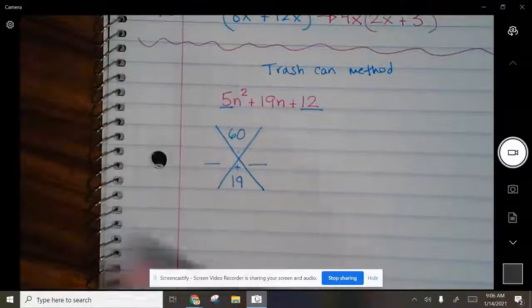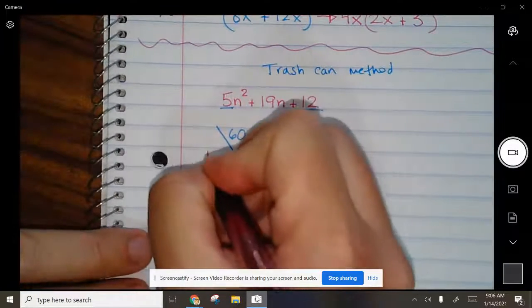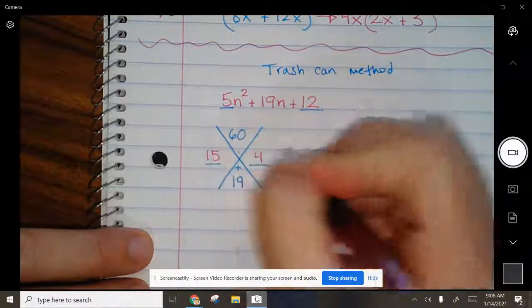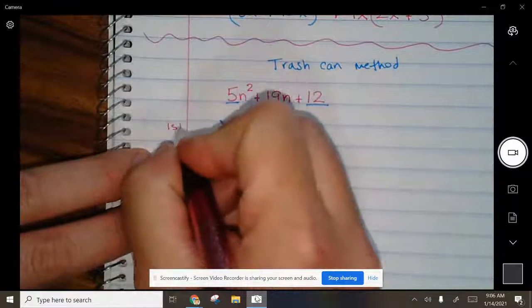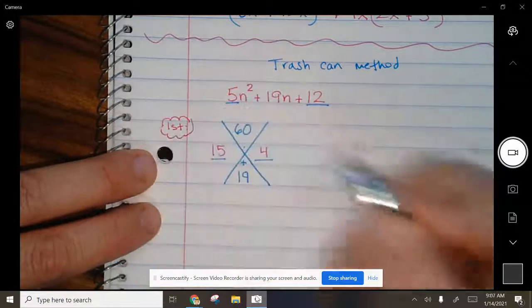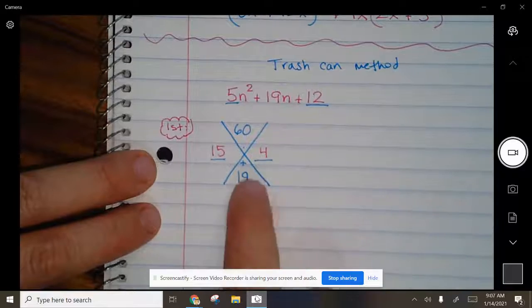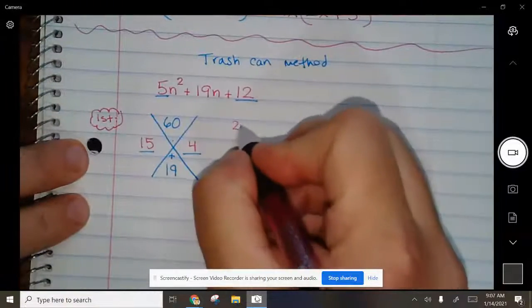We're going to have 15 and 4. Okay, so just doing this part is the first step. Second step,